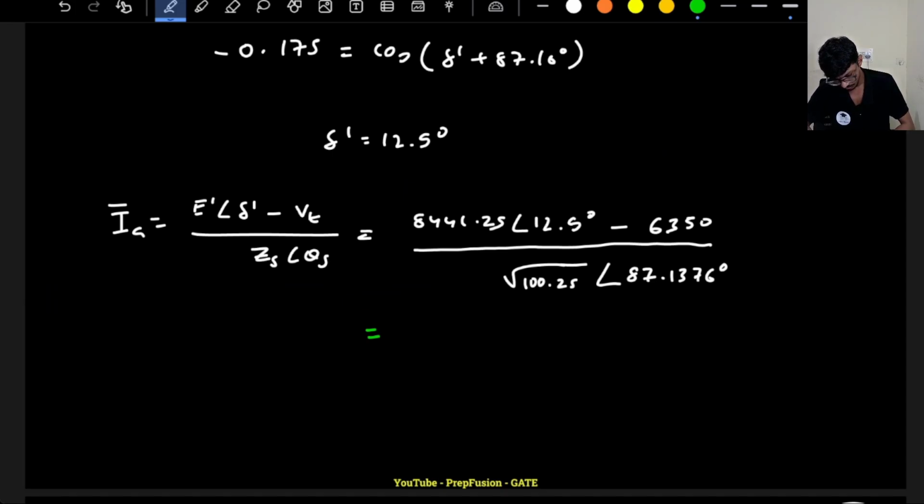8441.25 into cos of this, minus 6350, so it comes out to be 1878.2, and plus 8441.29 into 12.9 into sine, so this will be 884. This is almost like 0.707 power factor, right? So it's like 45 degrees. So this will be plus j. So this whole square plus 1878.2 whole square, whole under root, this comes out